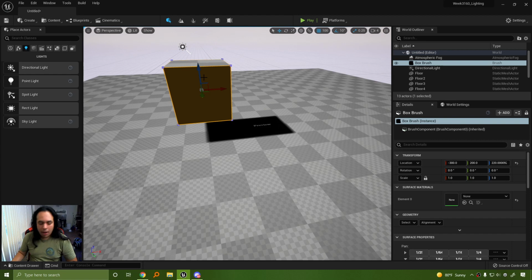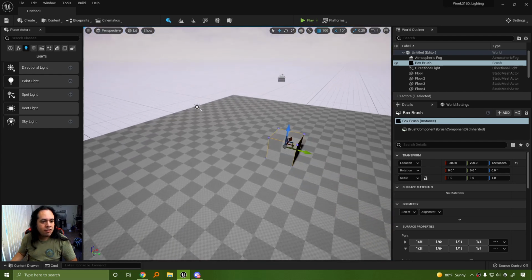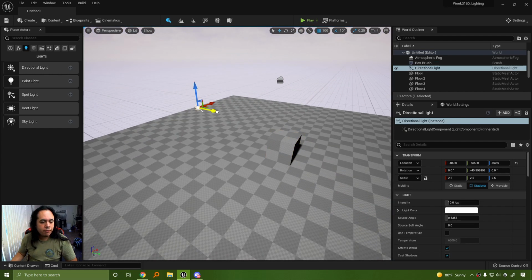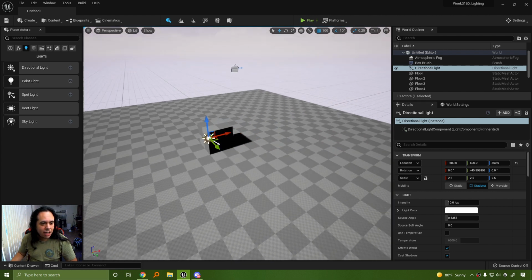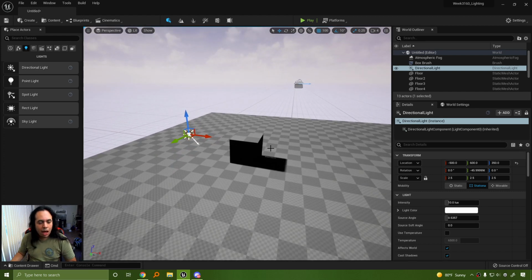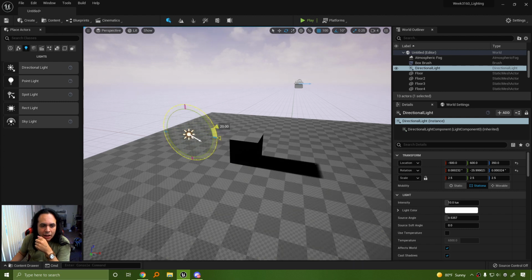Let me go ahead and put this back on the ground by hitting End, which stomps it down to the ground, which is a really, really nice button to use. Let's talk about this light. Now, moving this light around doesn't actually do anything. Does everybody see how that shadow isn't moving? However, by pressing E, and like I showed you guys partially in one demo, and rotating the direction of this light, we can affect the length of the shadow,